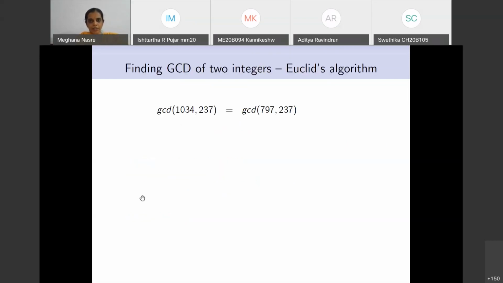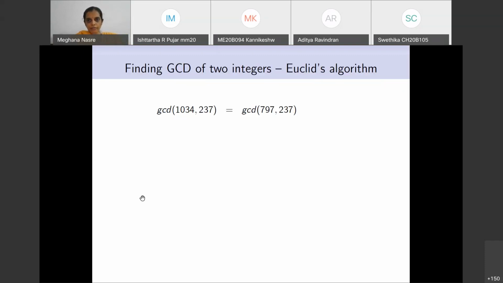So how does this allow us to come up with a better way of writing the GCD program? Let's see this on an example first. Let's say we are interested in computing the GCD of 1034 and 237. Again, some arbitrarily chosen numbers. Then what this earlier statement says is you can simply compute 1034 minus 237, which happens to be 797, and then the GCD of that and the second number, which is 237.